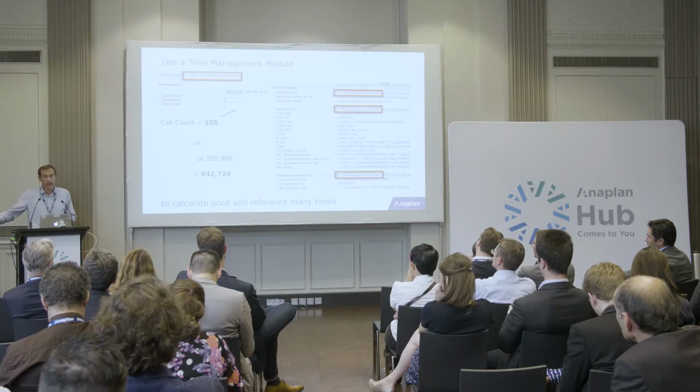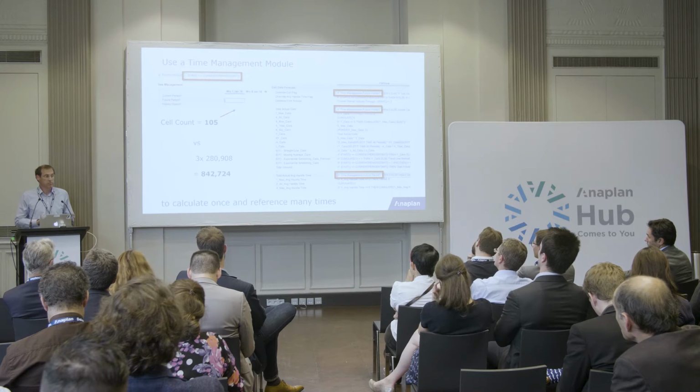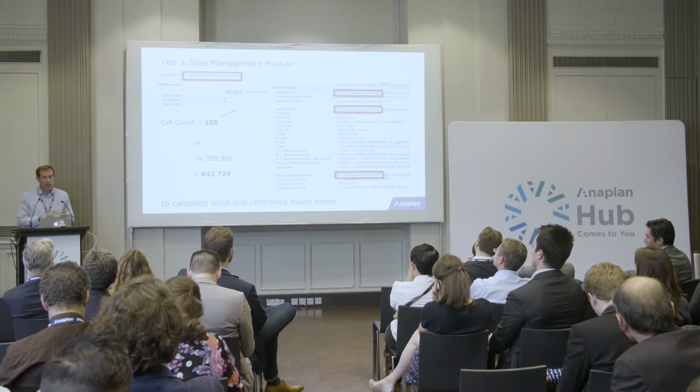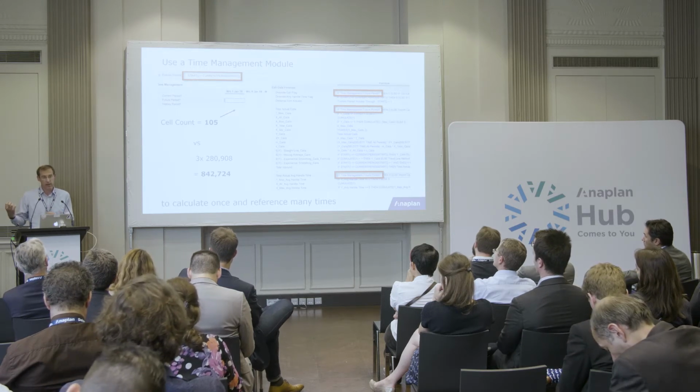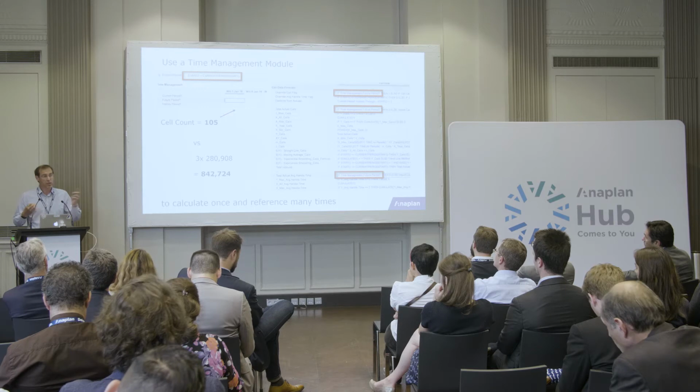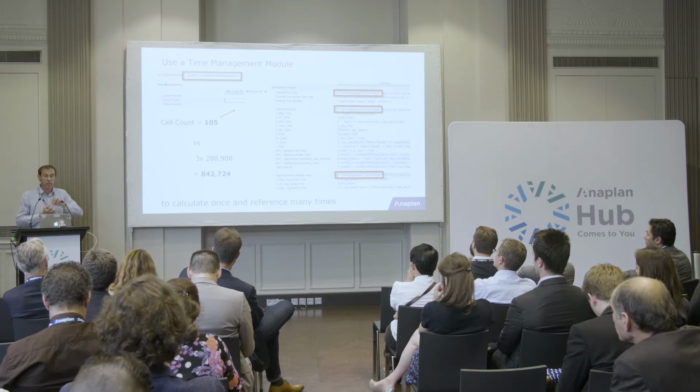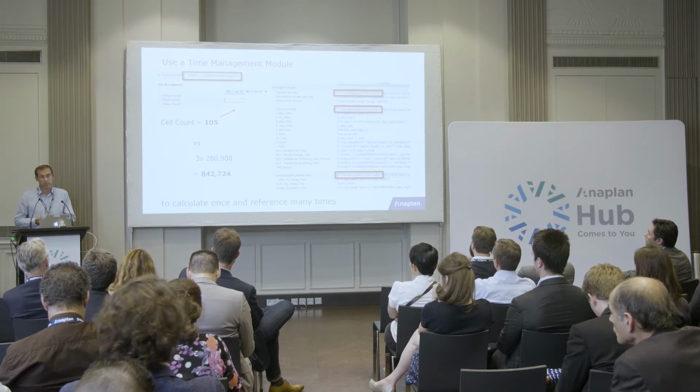So going back, I don't want to labour the point, but go back to the Disco one: your calculations should be done once and referenced many times. That calculation changes when I change my time period. That's it. I don't want to calculate that every time I change any other number. Why would I? So think about the calculations, and the takeaway here is look at the native expression that's in there and look at the applies to of that line item. If it doesn't match, put it somewhere else. Put it in a module where the dimension is the right dimension. And if you have to break that formula up into 3 or 4 pieces, that's the right thing to do because you're then going to get a massive performance gain.